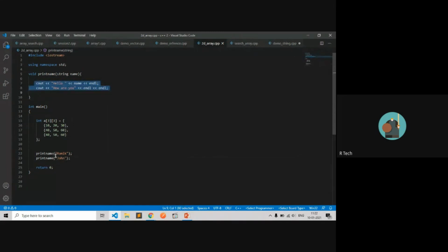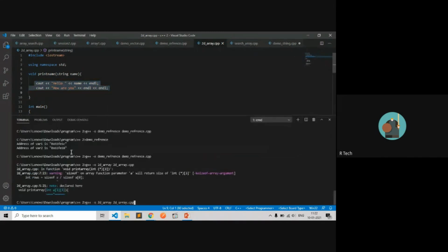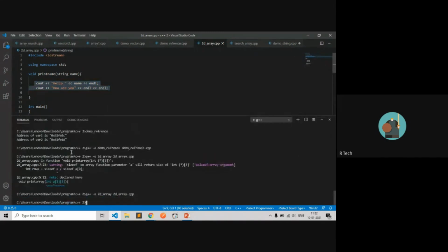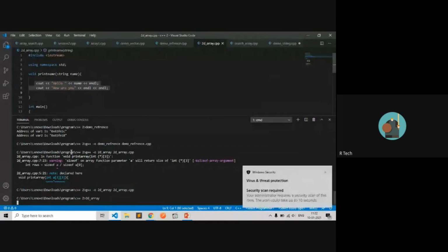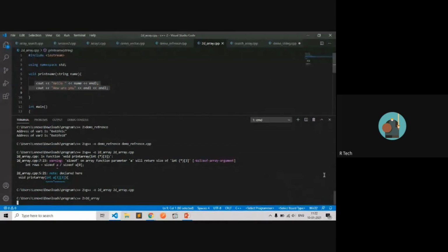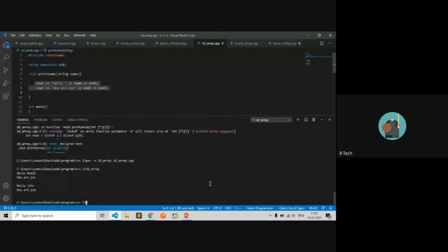Just use it as a function. Okay. The array is compiling. You can check here, separate names. Just call a function.